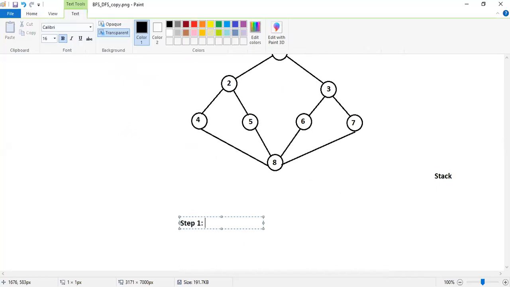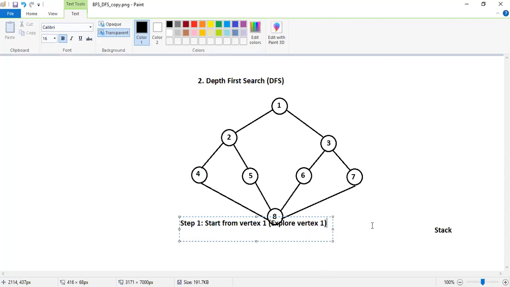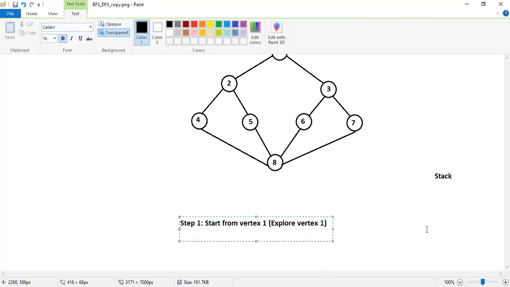Step 1 says start from vertex 1. That means explore vertex 1. At the same time, let me write the stack.